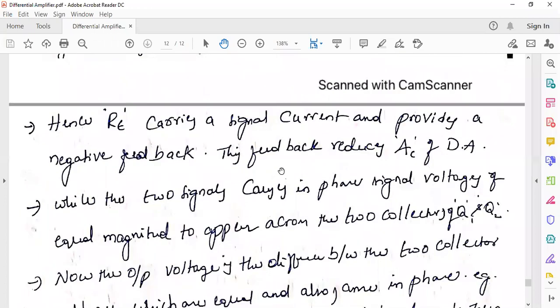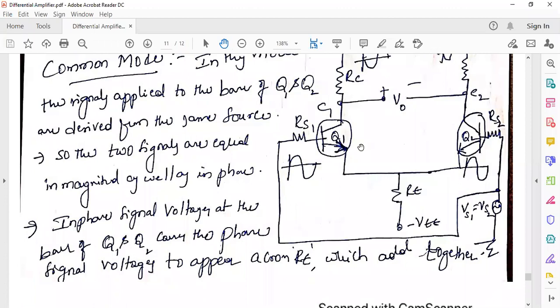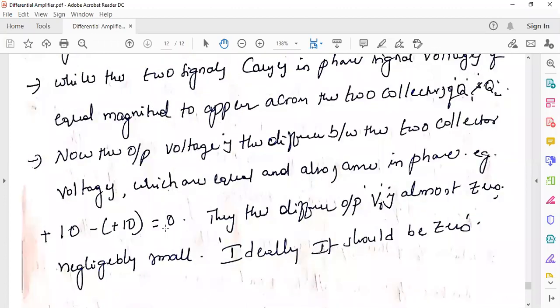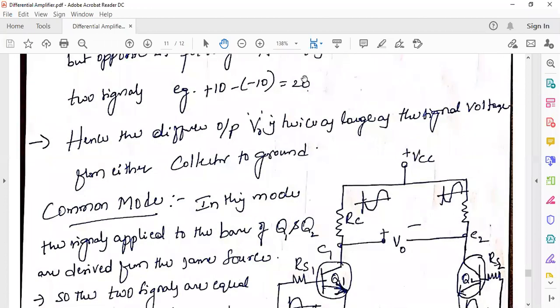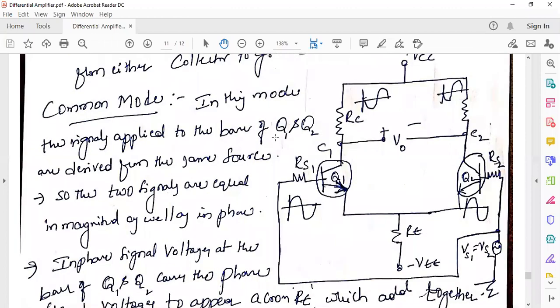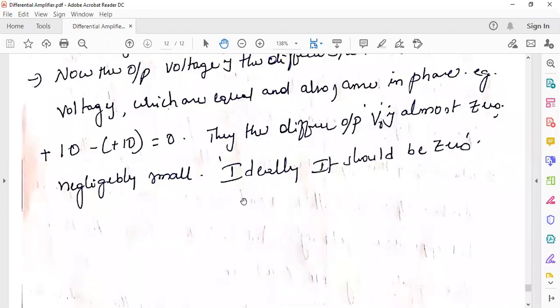minus 10 అంటే ఇక్కడ నేను నెగిటివ్ గోయింగ్ సిగ్నల్ ఇస్తే నాకు ఇక్కడ పాజిటివ్ గోయింగ్ సిగ్నల్స్ వస్తాయి. సపోజ్ ఇక్కడ నేను పాజిటివ్ గోయింగ్ సిగ్నల్ ఇన్పుట్ ఇస్తే ఇక్కడ నాకు నెగిటివ్ గోయింగ్ సిగ్నల్ అవుట్పుట్ కింద వస్తుంది. ఏదైనా సరే ద బ్యాలెన్స్ అవుట్పుట్ ఇస్ 0 ఇన్ కామన్ మోడ్ ఆపరేషన్. బట్ ఇన్ differential mode we are getting balanced output is double of unbalanced output. This is how the differential amplifier operated in differential mode as well as common mode.